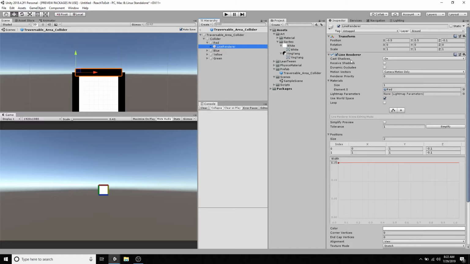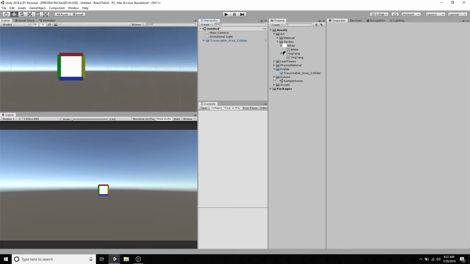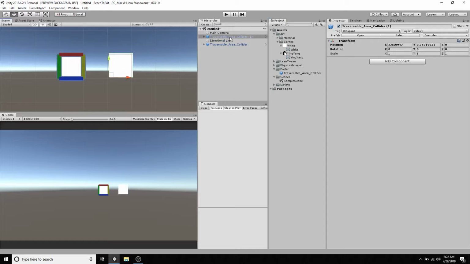A line renderer is used if you want to do some trail effects, or draw a line from A to B. You can use this for special effects or even for editor scripting. In our case, we are going to use this line renderer for visualization in the editor, so that when the player drags and drops any of this,